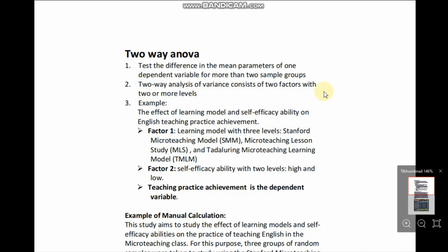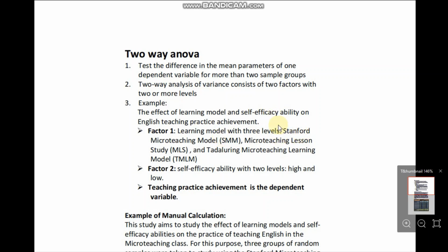Okay, everybody, that's all for today. We have already discussed two-way ANOVA. Remember, two-way analysis of variance consists of two factors with two or more levels, just like our example here. Factor 1, learning model, has three levels.